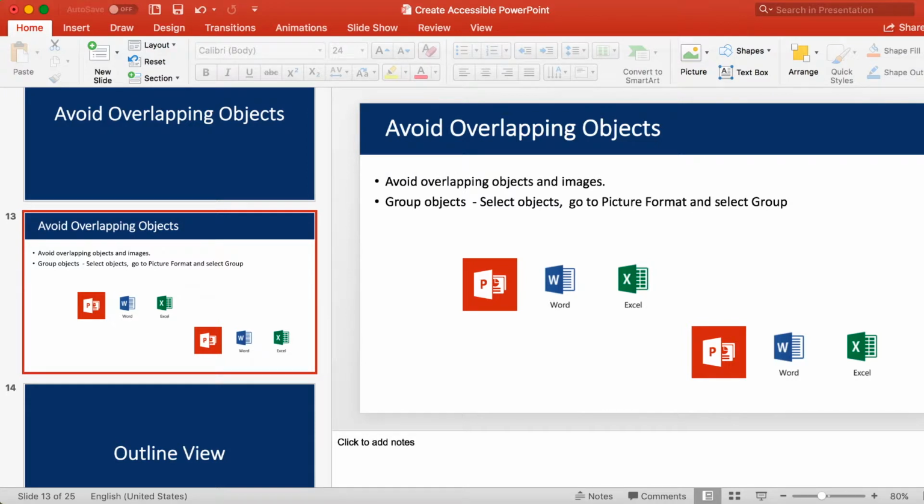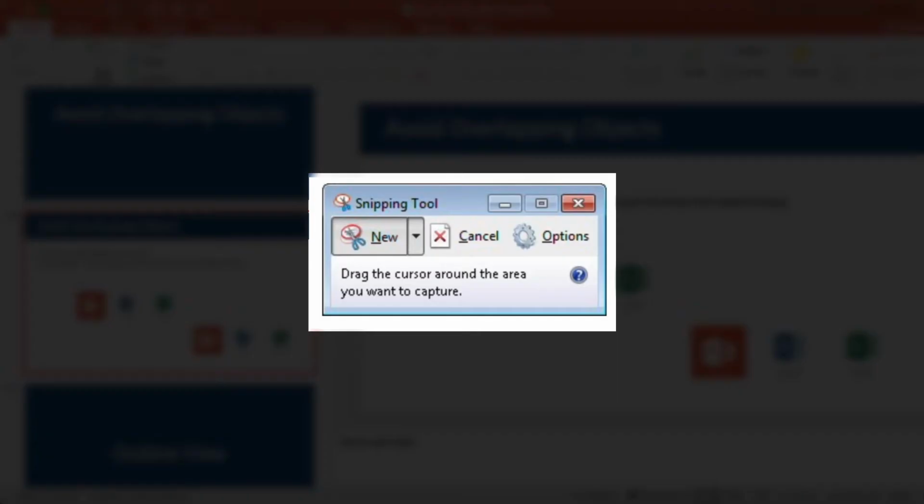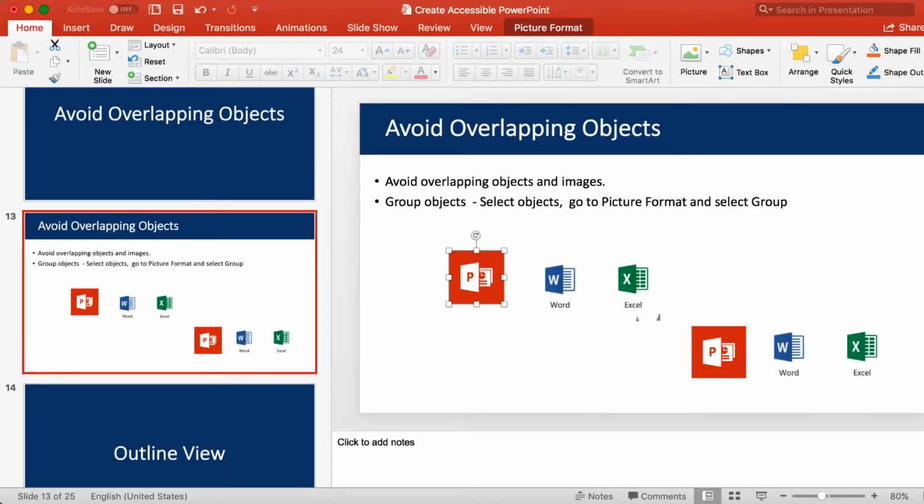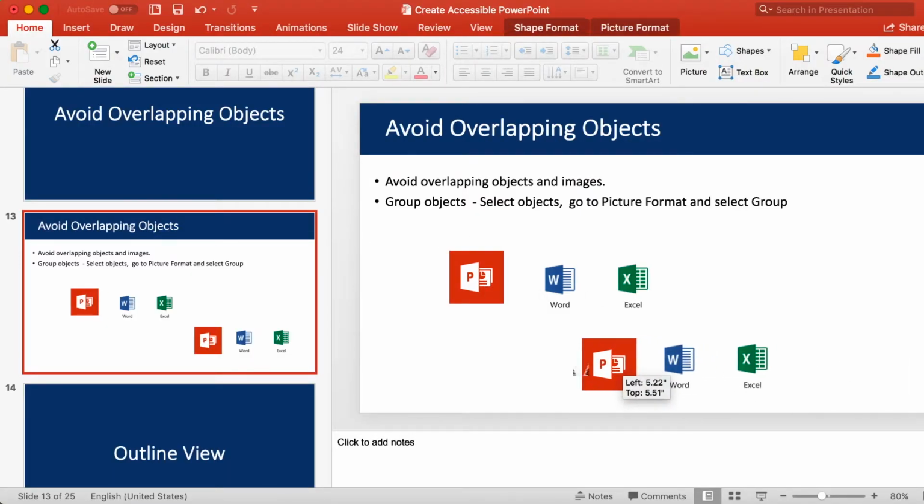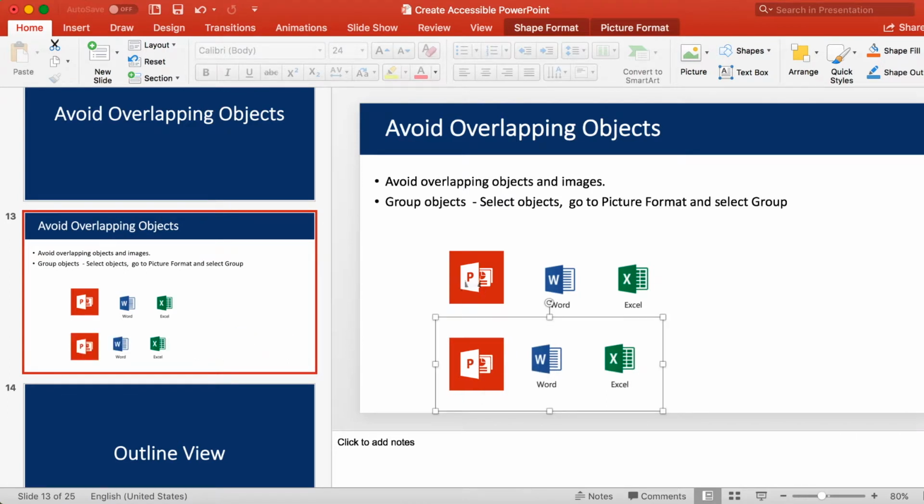It is also a good idea to minimize the number of separate images on a slide. For example, rather than use 3 separate images for the Microsoft Office icons on this slide, I can take a screenshot and I can create 1 image rather than using 3 separate images. So if I'm using a PC, I can use the snipping tool to take a screenshot and paste the image on the slide. If I'm using a Mac, I can use the screenshot shortcut keys,